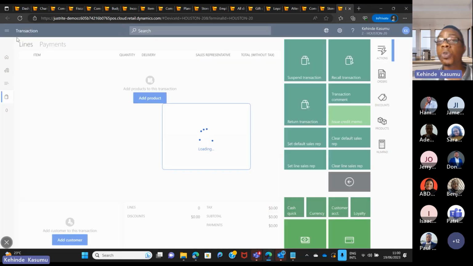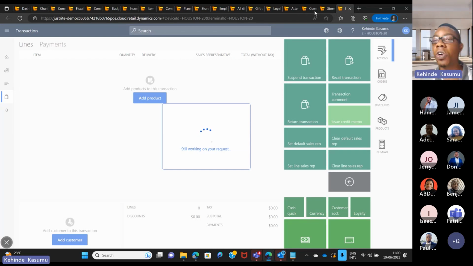And at the end of the day, after processing so many transactions, the cashier can decide to go to the point of sale application and do what we call a blind close shift. A blind close shift, to summarize, automatically summarizes every transaction that has occurred for that shift, if you are posting statements by shift, or per day, or per store. It's going to summarize the total transactions for that day or shift and transfer it to the back office where the finance person can review the transactions and then post the statement, and that is when it hits your ledger.